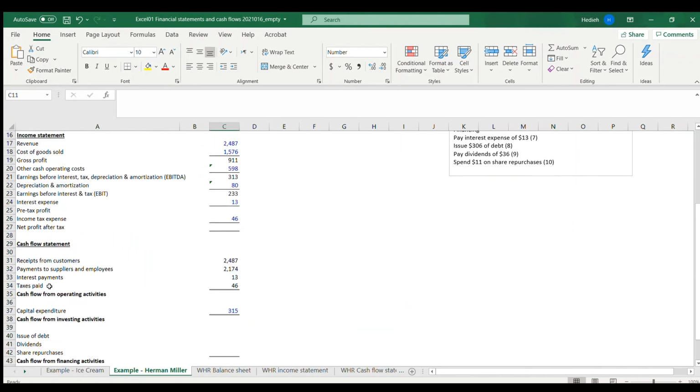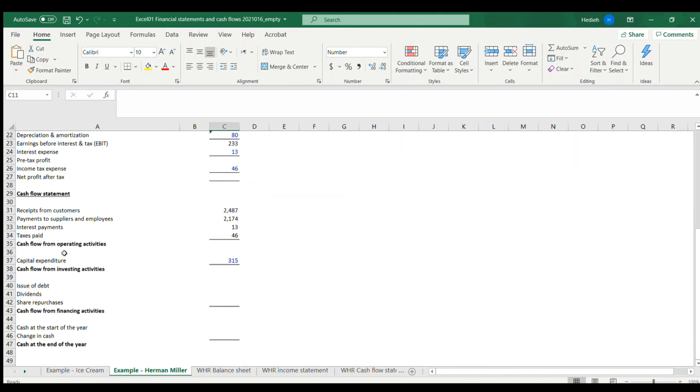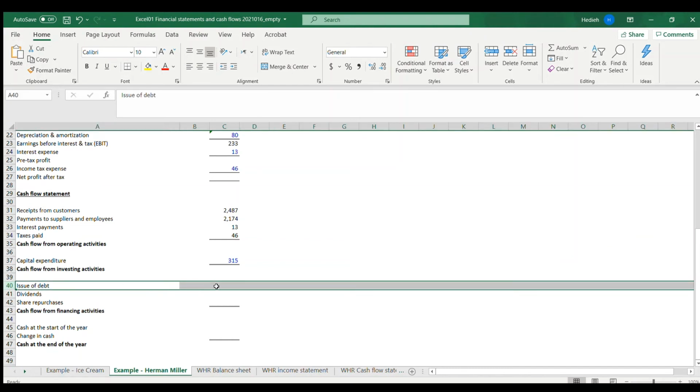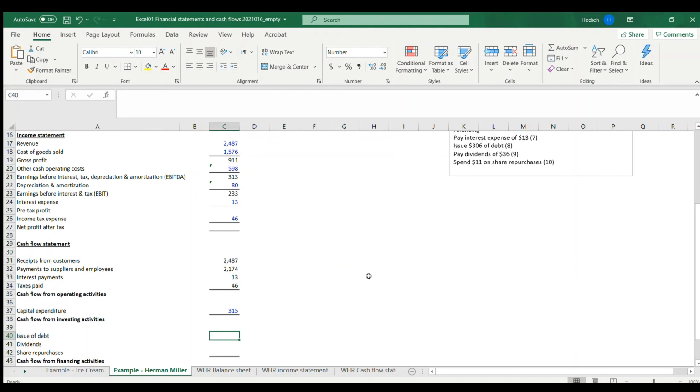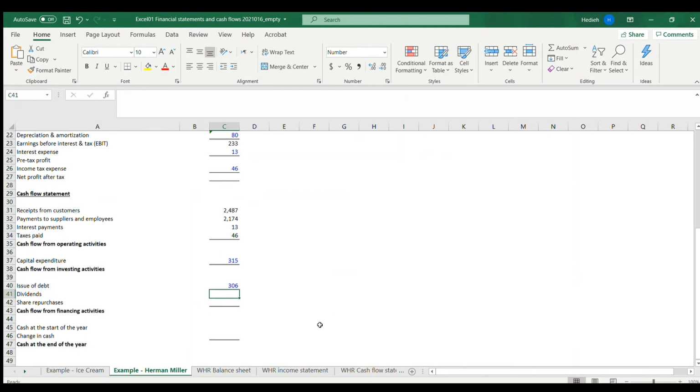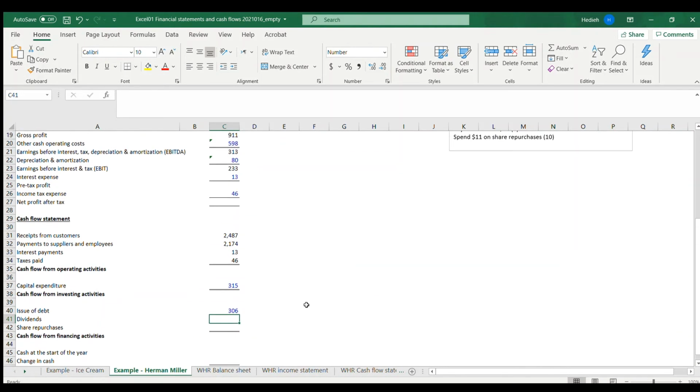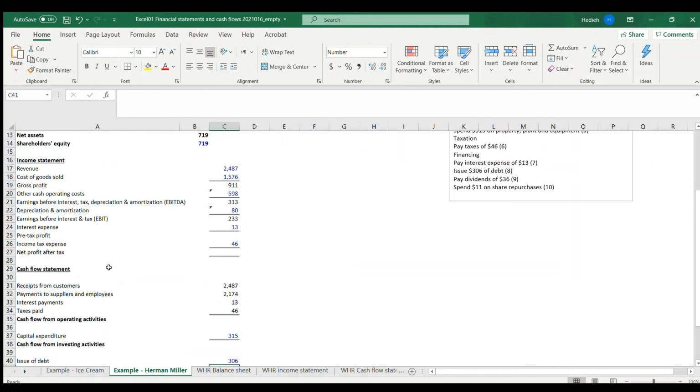transaction. However, this is a real cash flow, and in fact, it is a cash inflow for the company. So on the cash flow statement, you should go to the section that is related to financing activities. You see that we have issue of debt here, and you should add the amount of $306. Okay? So we updated the cash flow statement. Next, consider